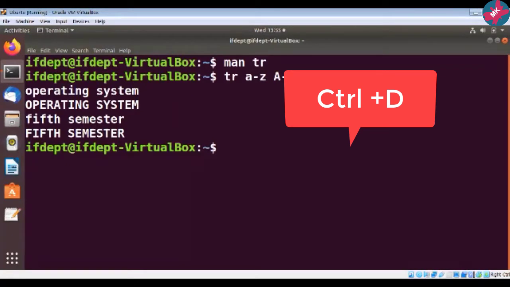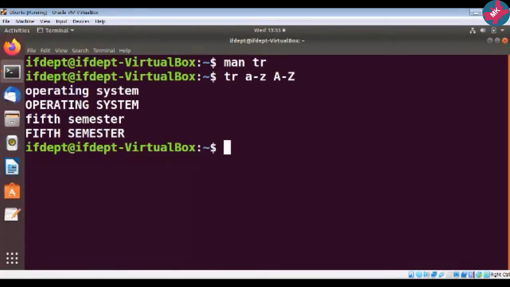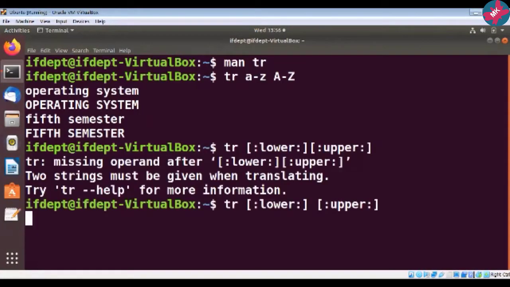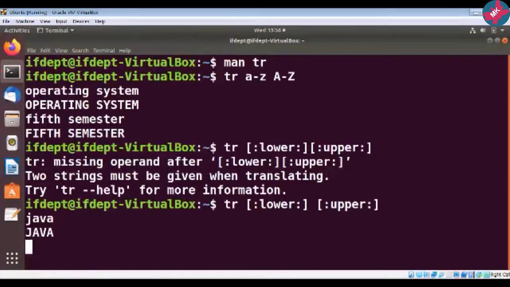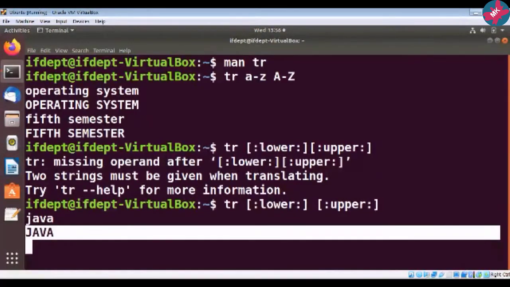Now, there is one more way to convert lowercase to uppercase by using this tr command. Here type tr, bracket upper, Java, and press enter. See, it has converted it into uppercase.